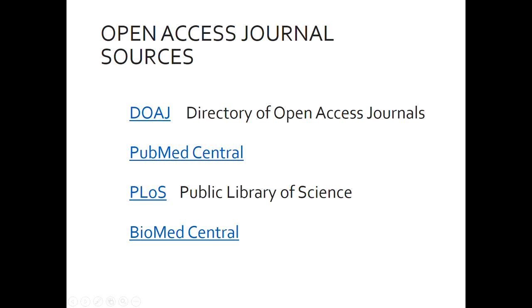So here are some sources for open access journals. The Directory of Open Access Journals, that's a good place to look if you just want a list of open access journals, because they have criteria. In order for a journal to be included, there's criteria that they have to meet. However, PubMed Central is another place you can look for open access journals, but everything in PubMed Central may not necessarily be a